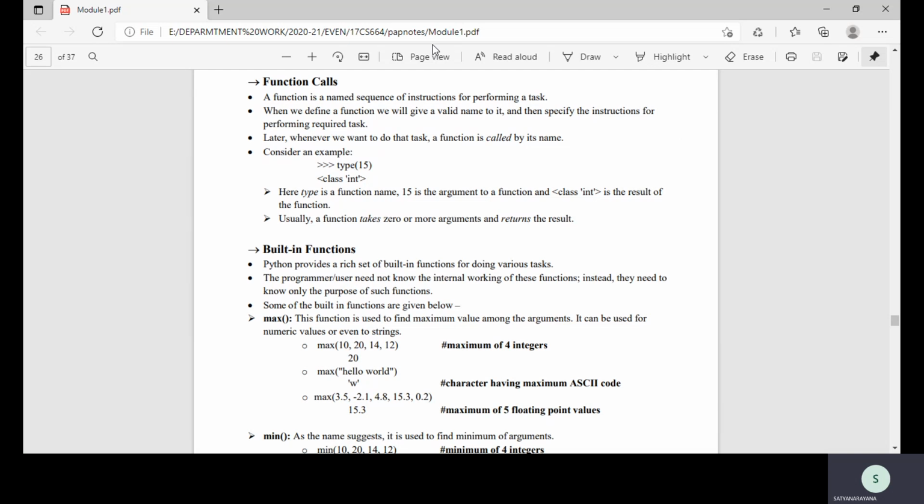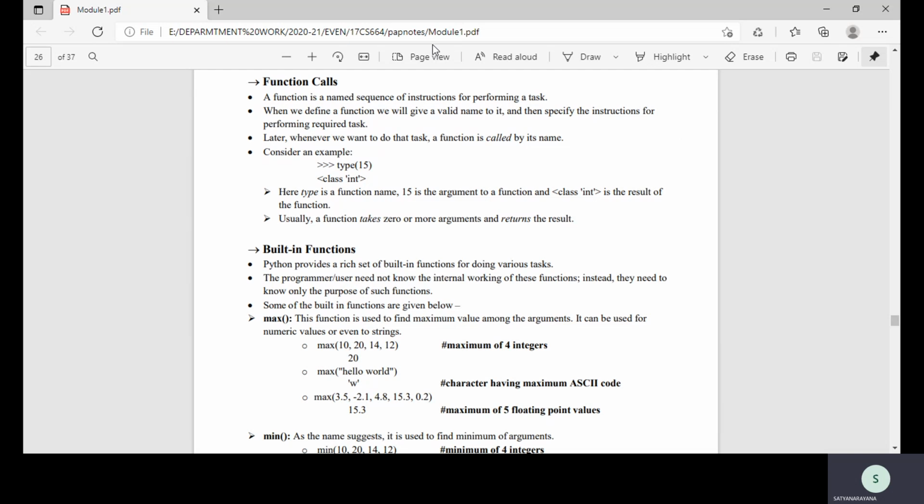So till now we have seen so many built-in functions in Python. Before going to see them once again, let us talk about how they work, that is, function calls. What is meant by a function call? When we define some function, how are we going to call it when it is required? That is called a function call. A function is defined with a particular name called the function name. Whenever you want to call that particular function, you need to call it with the name of the function. Once you call it, it is going to return some output.